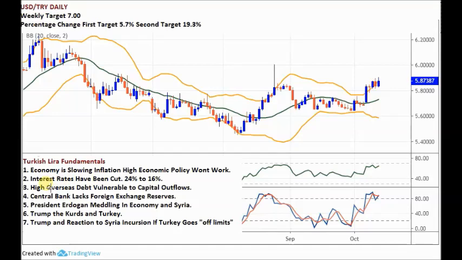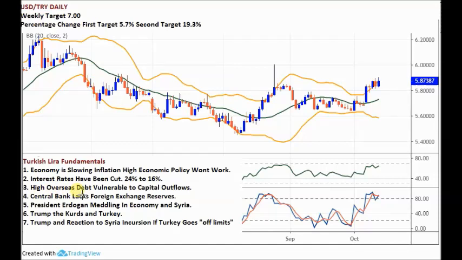Interest rates, which have really held the lira steady on a number of currencies because they're so high, are being reduced. They've gone down last few months from 24% to 16%. They're going to be cut even more. Now, they're doing that to stimulate economic growth, but obviously got high inflation. So it's going to stoke inflation. It's going to be very hard for the Turkish economy to avoid a crash, in my view, because also they've